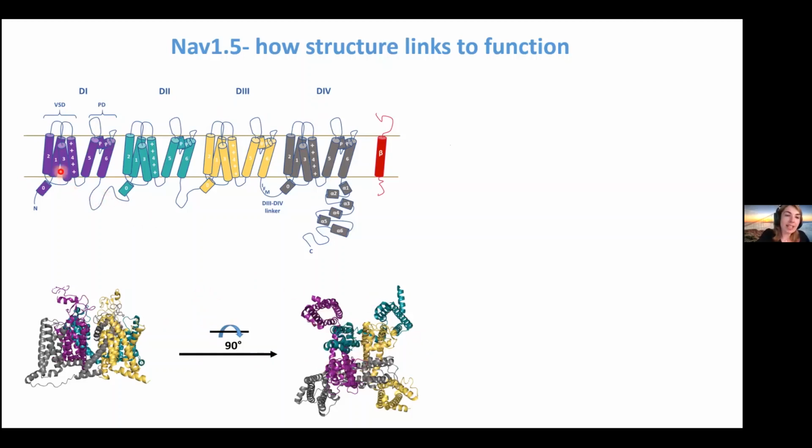Within each domain, there are these transmembrane S helices, 1 to 6. The first 4 comprise the voltage sensing region, and then the neighboring 2, 5 and 6, and their re-entrant pore loops form the pore. So these pore domains sit here near the central region, and the voltage sensors of the same domain are concatenated out to